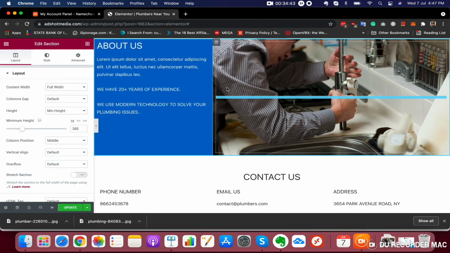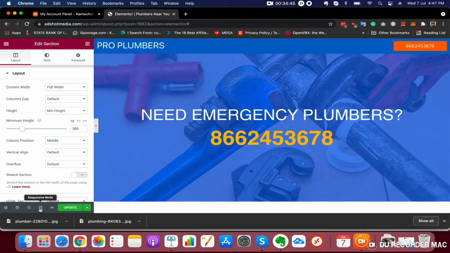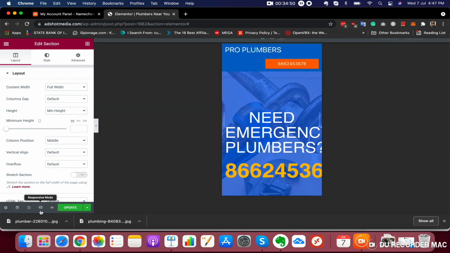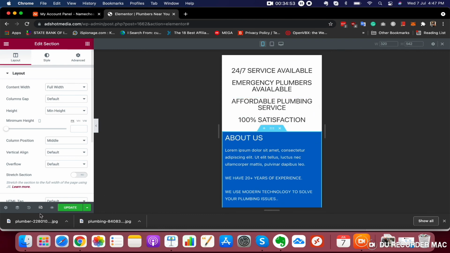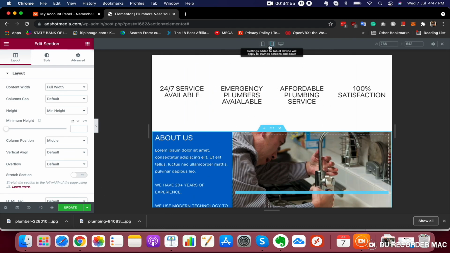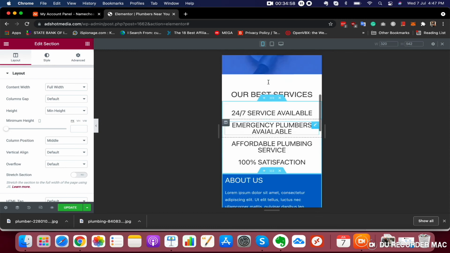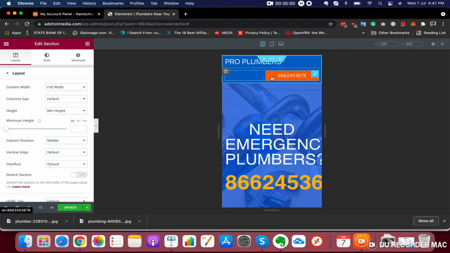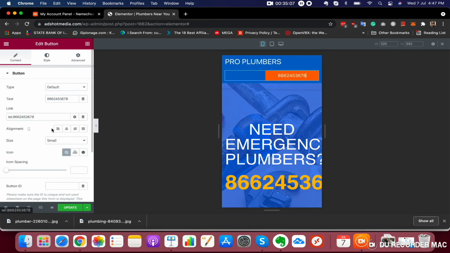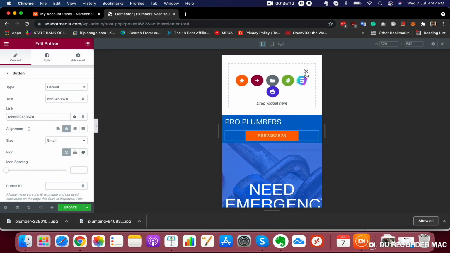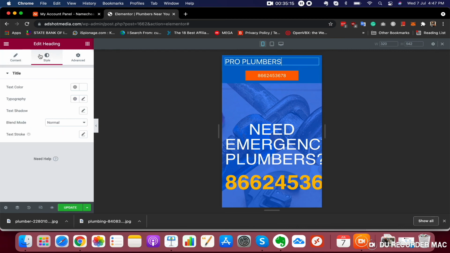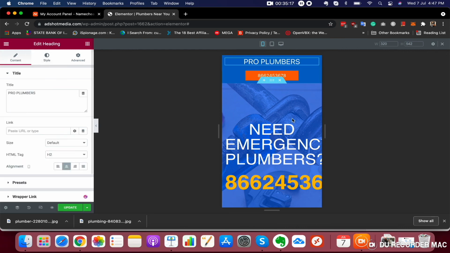Right, so this is how you have to make a good landing page. Let's just test it for the mobile page. Let's see how it looks on mobile. So you see, you can select this tablet mode, and this is mobile mode. So you can see in mobile it is not looking very good right now. So let's just adjust this. Go here and make this center line for mobile, and select this and make it center line.